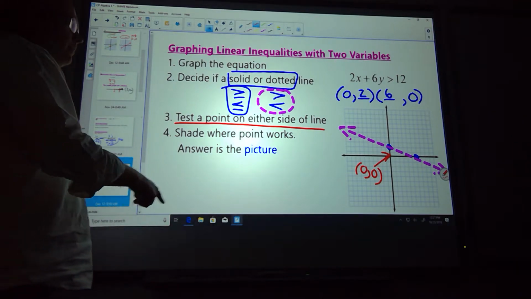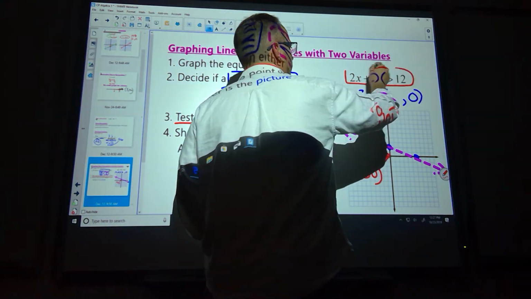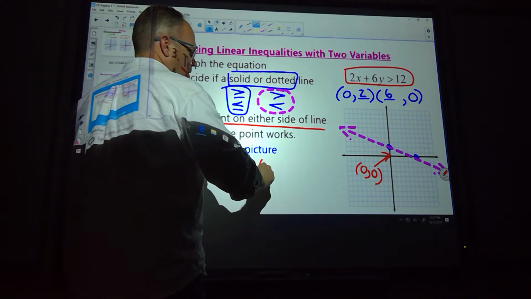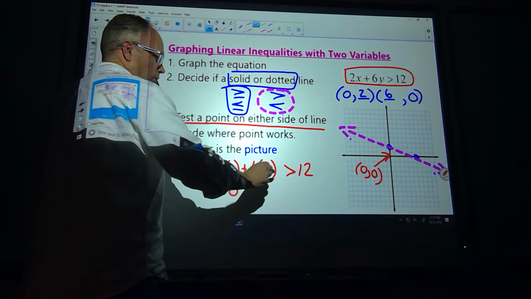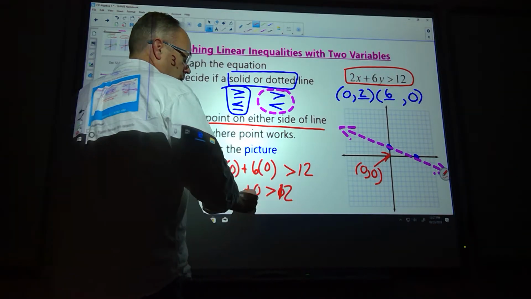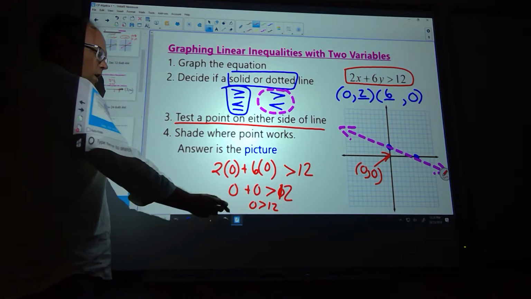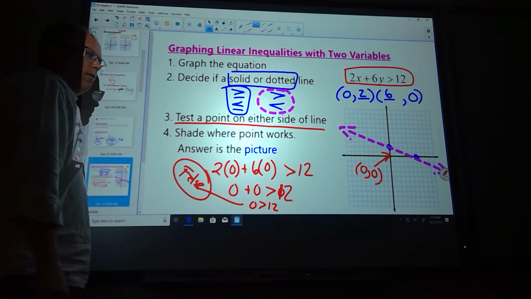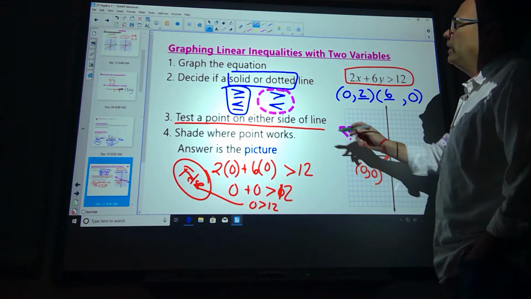So if I take 0, 0 and plug it into this equation, I'm going to get 2 times 0 plus 6 times 0. Is that greater than 12? Well, 2 times 0 is 0. 6 times 0 is 0. 0 added to 0, is 0 greater than 12? Is that true or false? That's false. So that means that any of the points that I pick on the under portion of this line create a false statement. So I shade the region